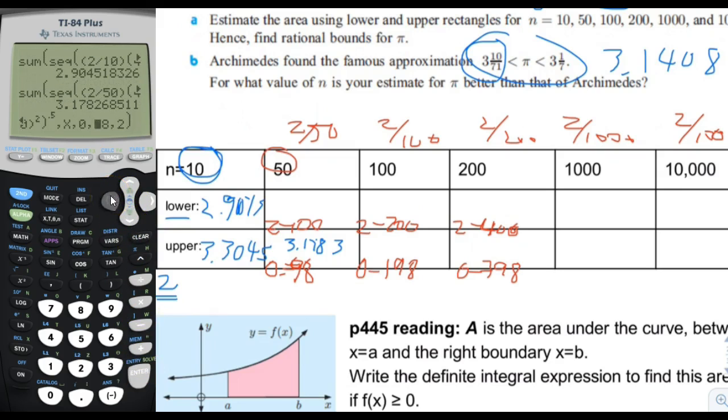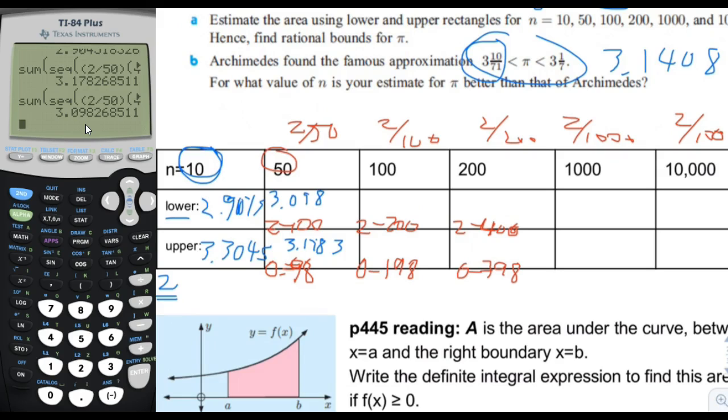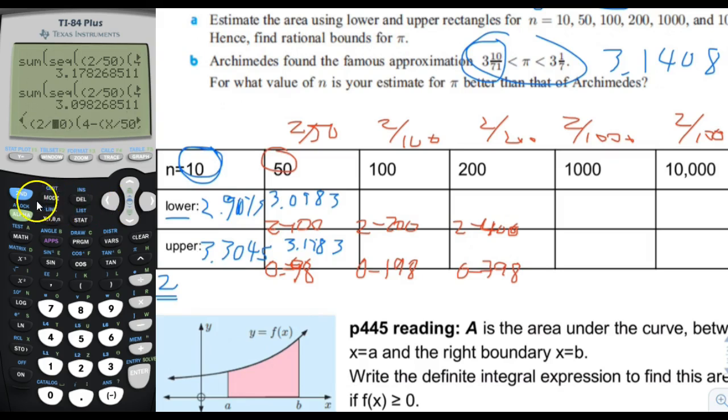2 to 100. 2 to 100, jumping by 2's. 3.0983. So we're still not as close as Archimedes was. Let's do n equals 100. N equals 100. And here we're also going to put